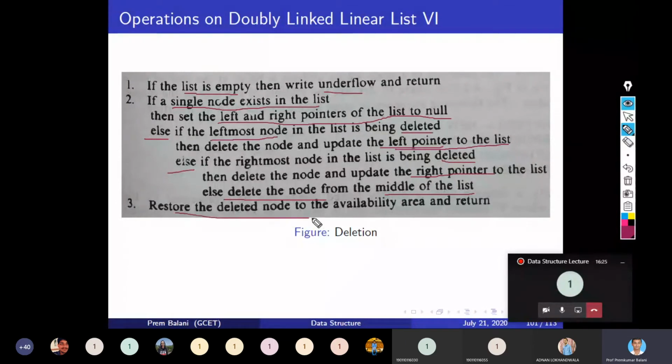Restore the deleted node to the availability area and return. So these are the steps, right? So if it is the leftmost node, update the left pointer. If it is the rightmost node, update the right pointer, and if it is a middle node, then update the pointers of the neighboring nodes of the node which is to be deleted. So clear with this?